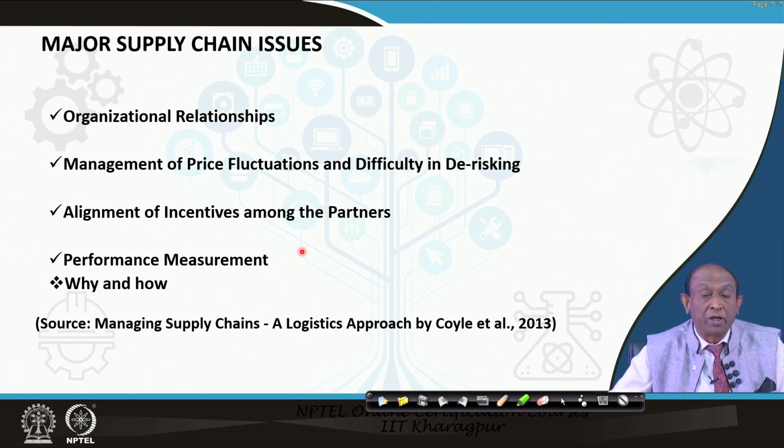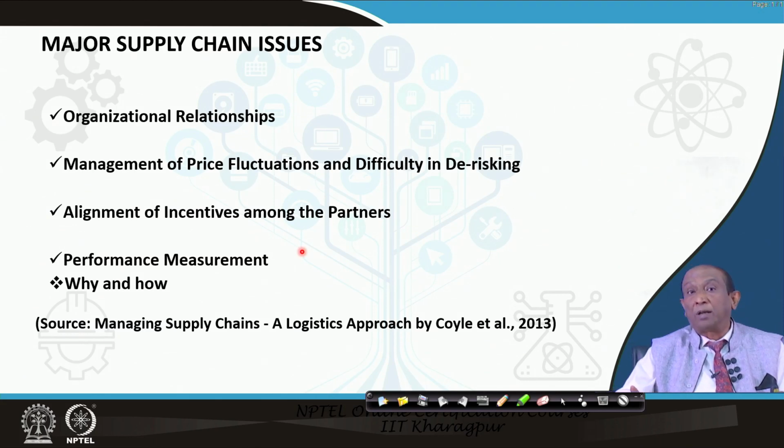Another important issue in supply chain is the management of price fluctuations and difficulty in de-risking the different types of risks that are there in the supply chain. Another important issue is the alignment of incentives among the partners in the chain, because if these incentives are not properly aligned, then some of the partners may ultimately move away from the chain and become members of other